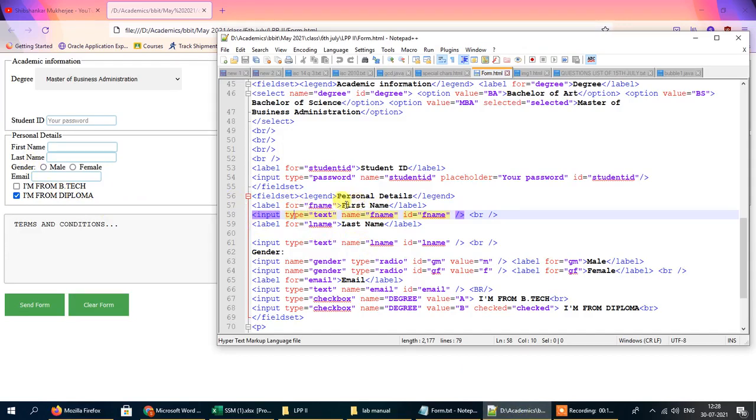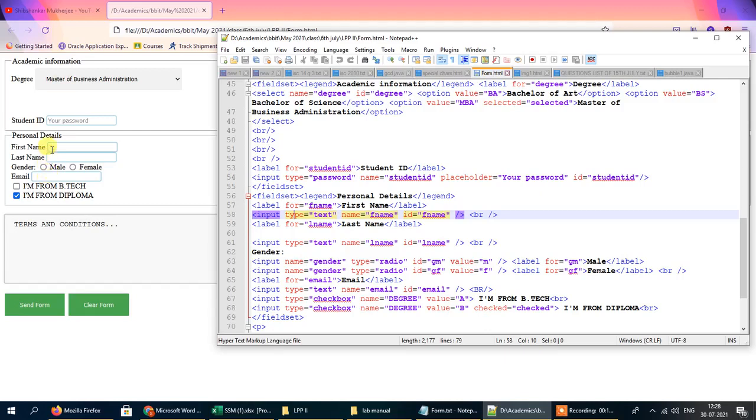The label for the first name is f name. Similarly, we have assigned the last name text under the label L name and so on. There is no rule as such for creating the label name. You can assign any arbitrary name to it, but make sure that no two elements in your form have the same label name, otherwise it will create a conflict.